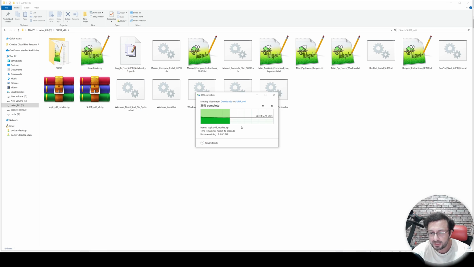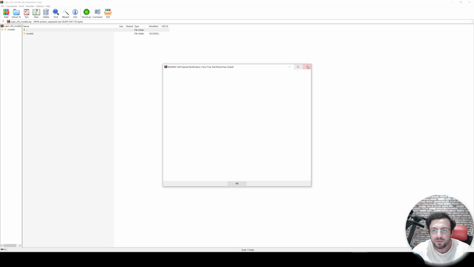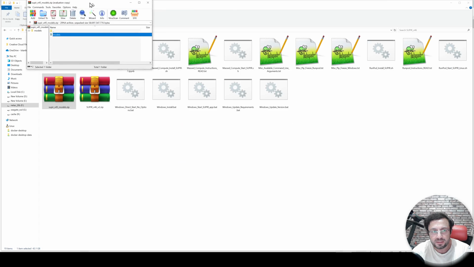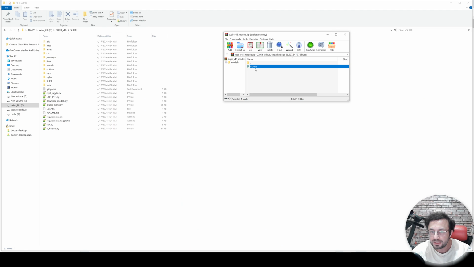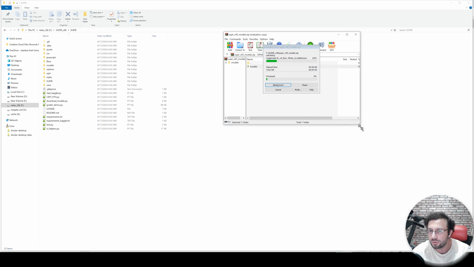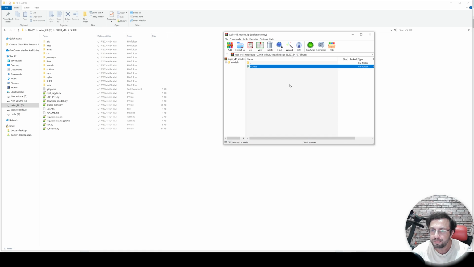A lot of models are being downloaded because it also includes the LLaVA captioner and some of the checkpoints that we are going to use. Then when we open this, you will see that there is a models folder. So I can enter inside this folder and just drag and drop these models into here. It will extract the models folder into here and it will ask me to replace because I already have downloaded everything.